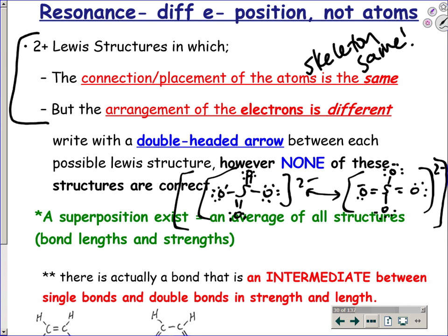Okay, so what happens when I have 6 total bonds, right? So 2, 4, 5, 6. 6 bonds spread out in 4 places. That's 6 over 4. Okay, what's 6 over 4? 3/2, which is 1.5. The bond length and strength is stronger than a single bond, but not as strong as a double bond. Okay, so this is a 1.5 bond,